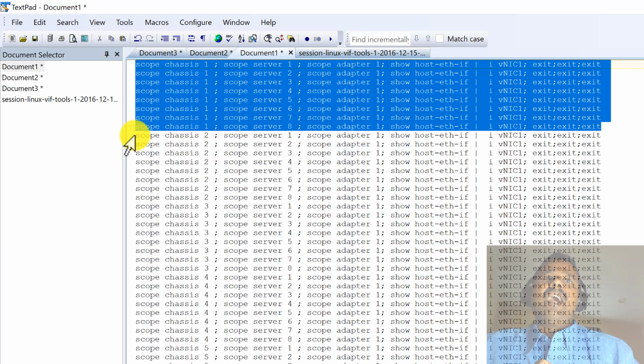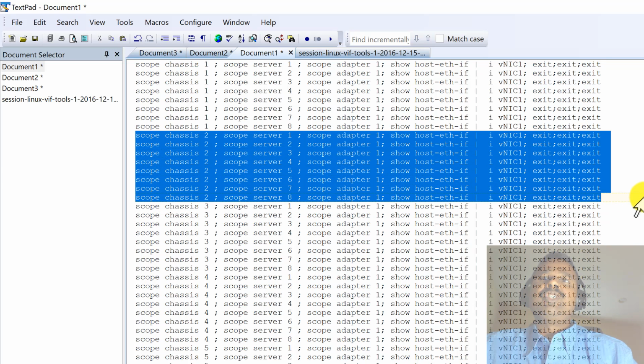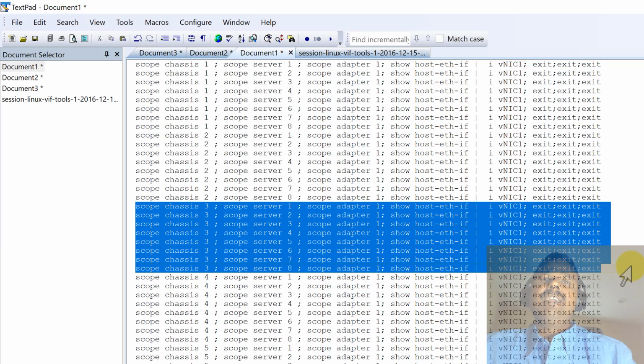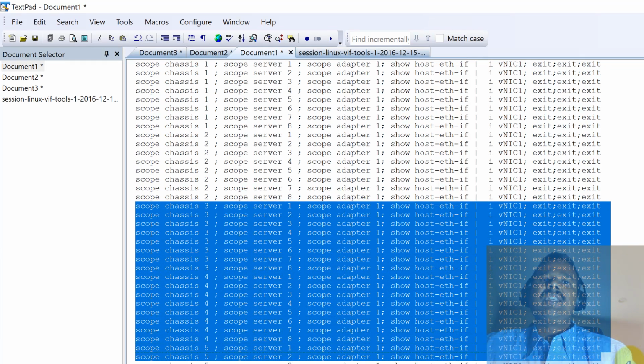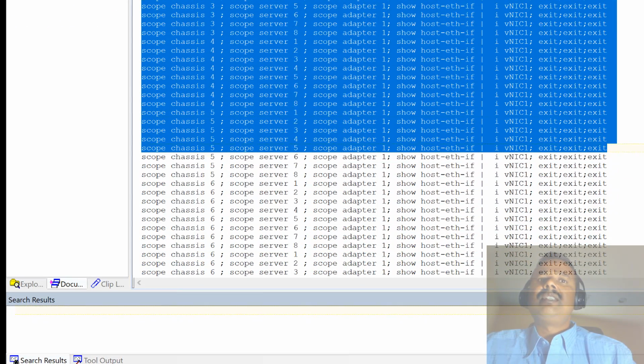I did the same for chassis 2, each node, 1, 2, 3, 4, 5, 6, 7, 8. Same I did for chassis 3, chassis 4 and chassis 5. So I wrote this command till the last server.